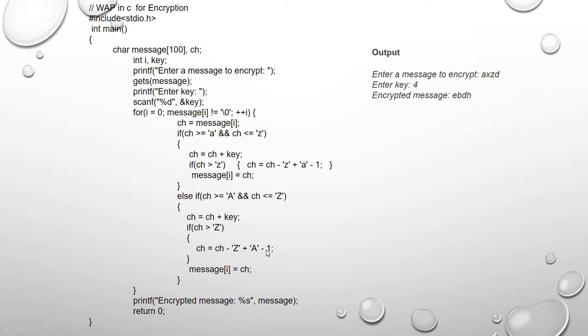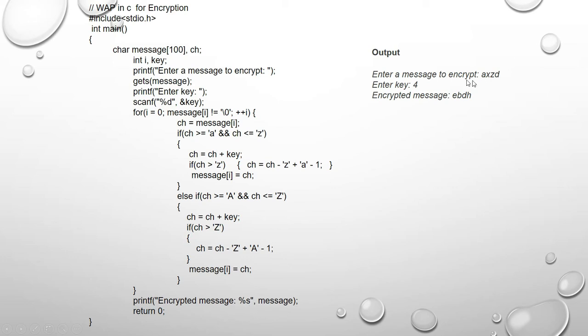So if the letter is B or C, it does not pass to this one, because if you are typing B, B is not greater than Z, so it does not run to this place. Then after this it will pass the choice value to where? To the previous array, whose name is message. Then it shows you the message as per %s, the encrypted message. %s is a string type of variable, as the message is displayed.